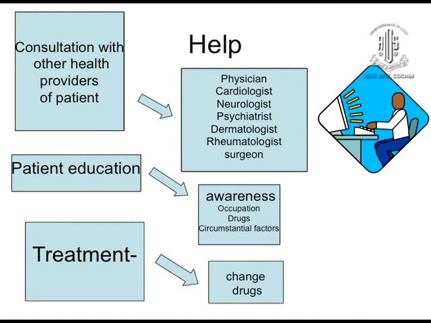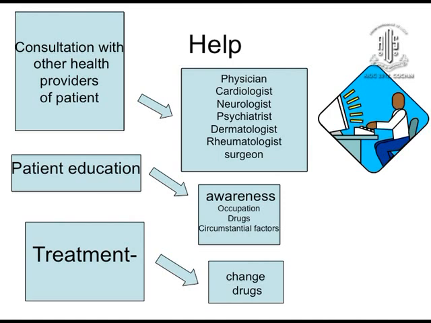Second, patient education. The patient must be made aware. He should be made accountable also for the treatment, whatever he is taking. He must understand with which drug he is developing these symptoms. And then the circumstantial factors, which are very important, like hygiene and frequent washing. People are in the habit of frequent cleaning or rubbing of their eyes, with excessive use of air conditioning without a humidifier. Simple things like keeping the car glass on the driver's side closed can help many of these patients. So all these things should be kept in mind.